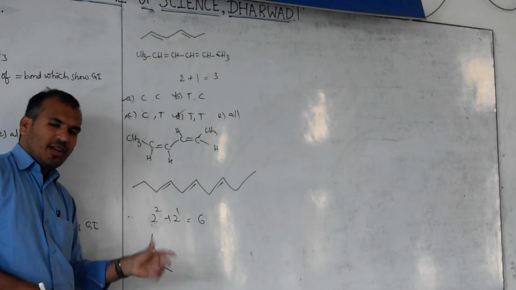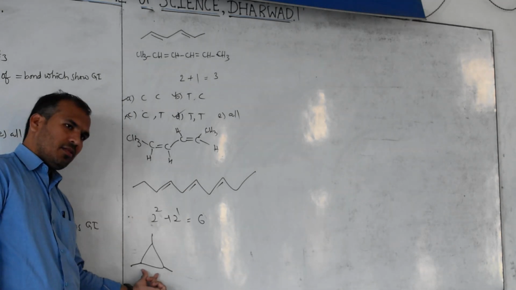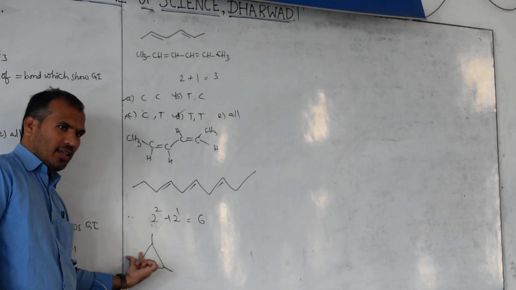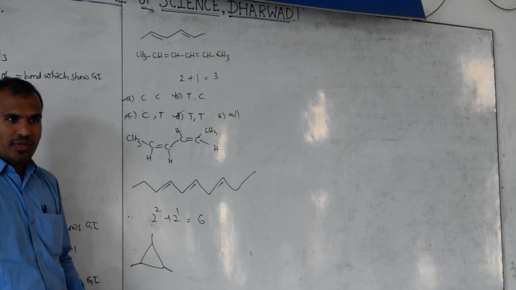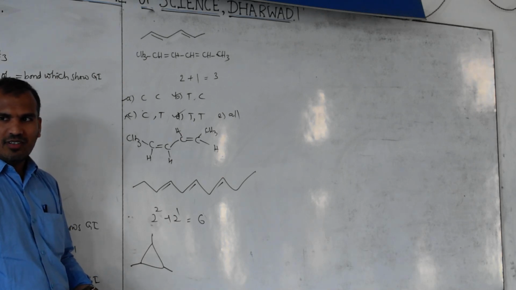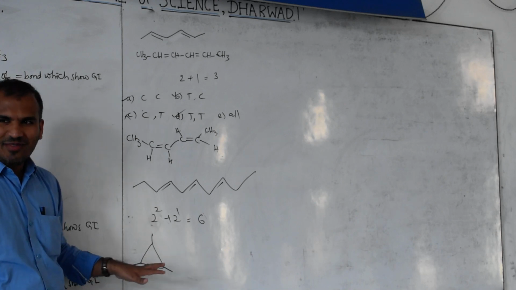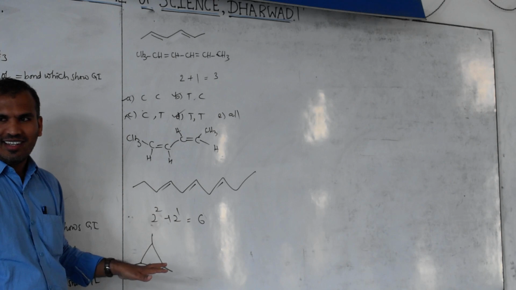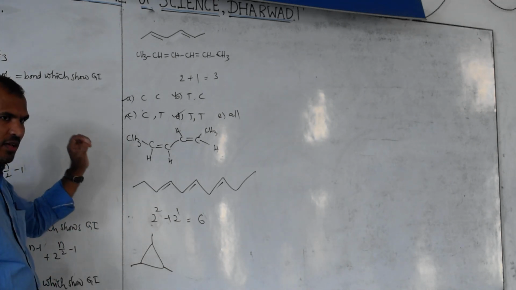But how many restricted rotations are present? This is 1, this is 2, this is 3. If you apply, how many will you get? Then which form do you have to consider? Symmetrical or unsymmetrical do you have to consider? Getting confused? Then here the formula is not applicable. Here the formula is not applicable. Otherwise, we can think in that unsymmetrical form.